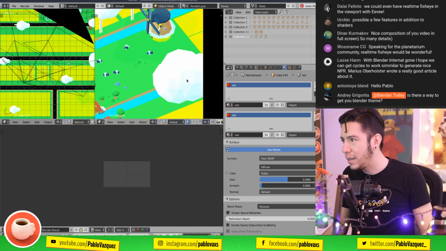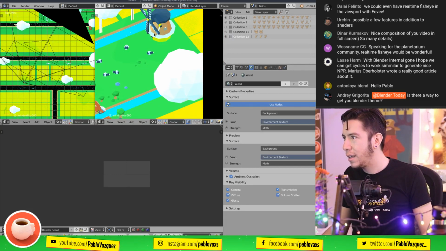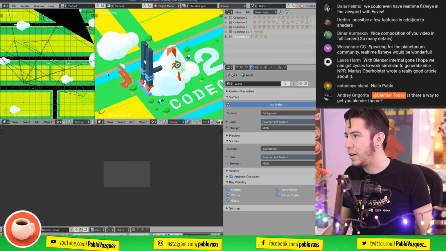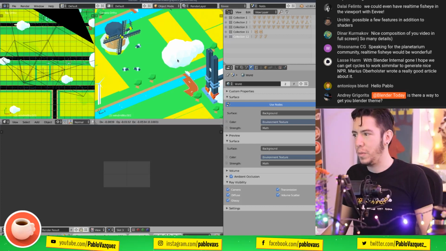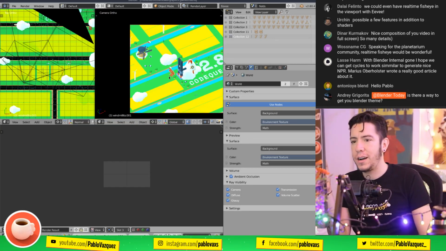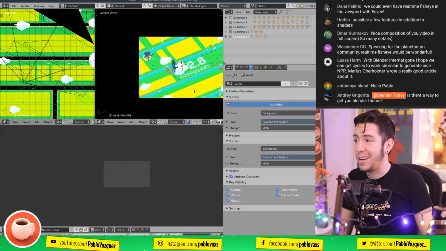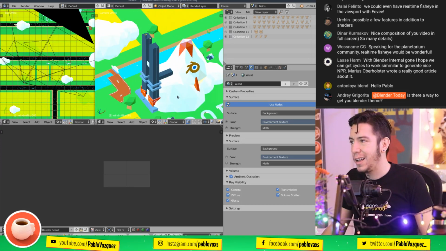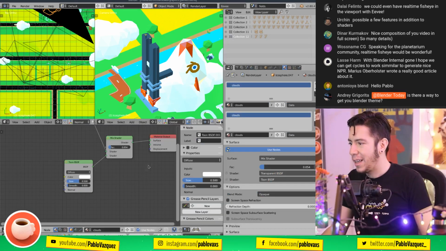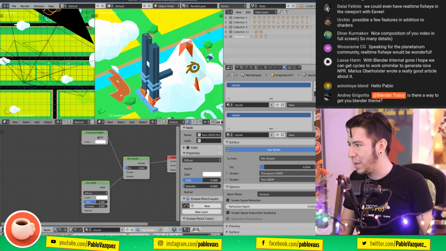The clouds are moving. But for some reason these ones are not, because they are duplis. Also the roads have an array. They're objects with an array, so that's why they don't work either. And the clouds should actually look like something because they have